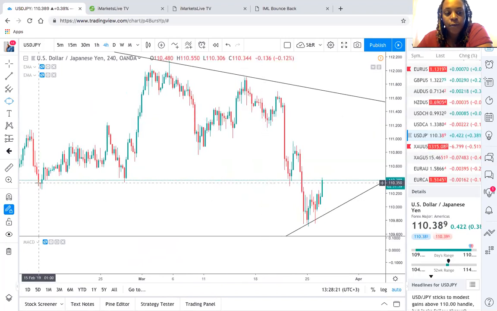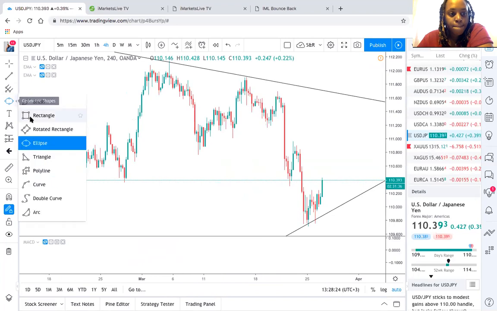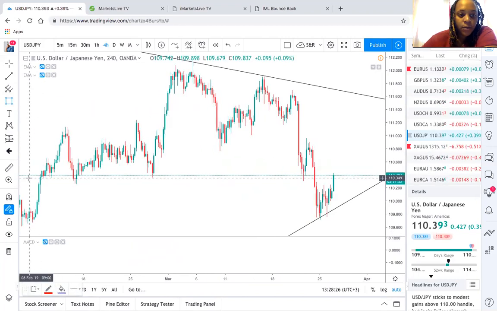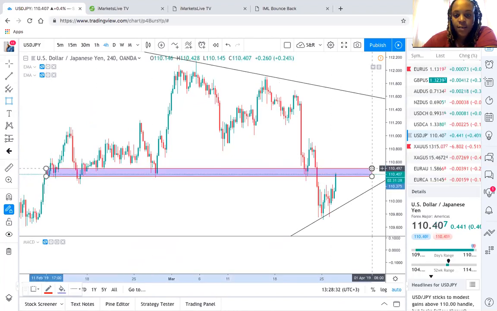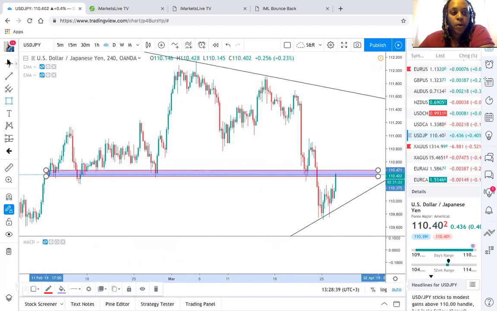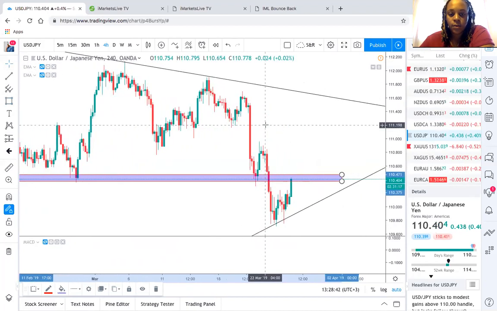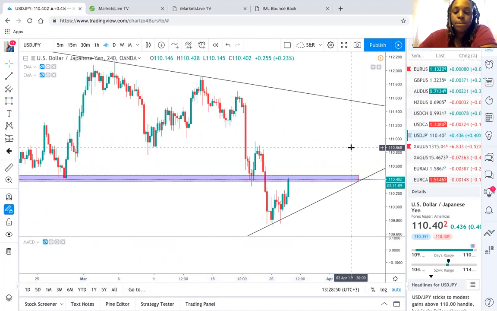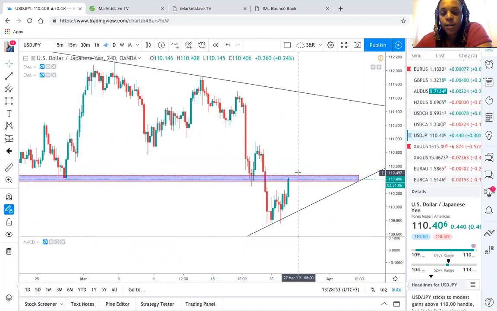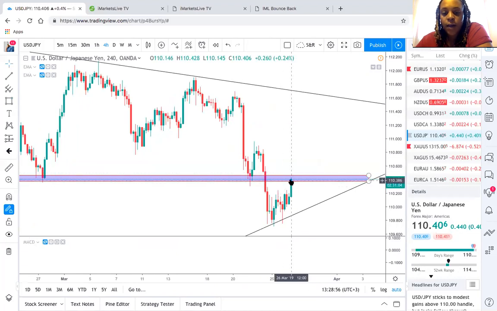So if you look left, let me just zoom up here. You will notice that this entire area here is support equals resistance, right? Support equals resistance. And all I did was I drew a rectangle box. That's it. Nothing difficult, guys, right? Support equals resistance. So me personally, at this resistance level, I am going to identify where on price to confirm